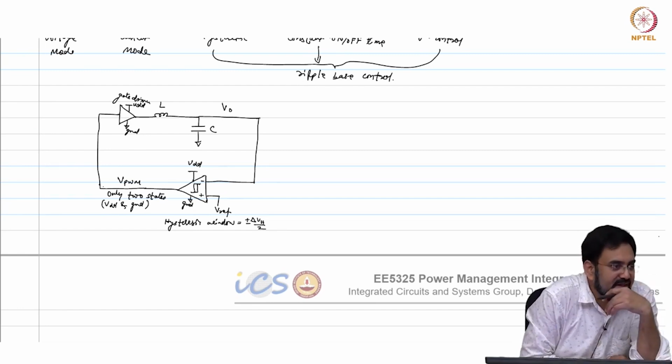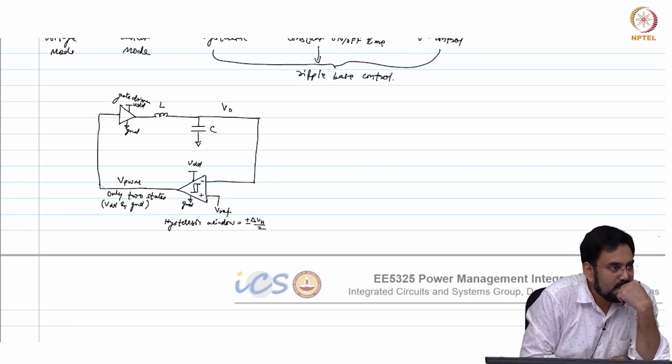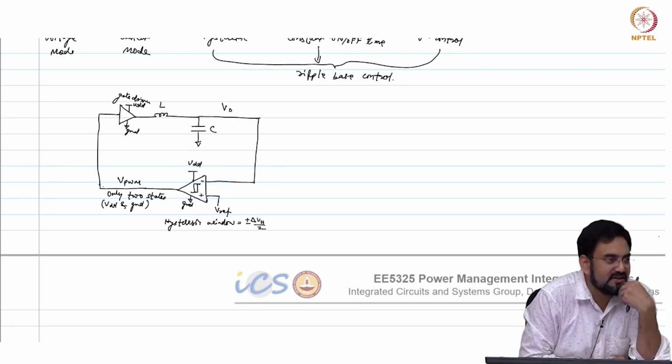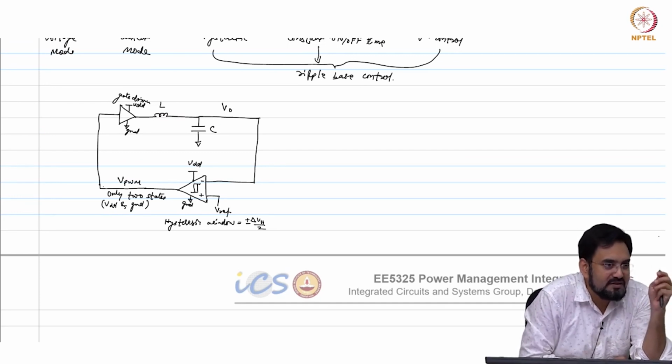what is the benefit of this? We don't have to use an op-amp. No, that is fine, but how does that benefit? What will be dominating? Quiescent power will be dominating. Forget about quiescent power. Tell me more from the dynamic point of view. Your transient response, speed, everything. How? Instantaneous. It's non-synchronous. So the first thing, it's non-synchronous. Okay, so you don't have a PWM clock delay. That's the one thing, and we already saw that.